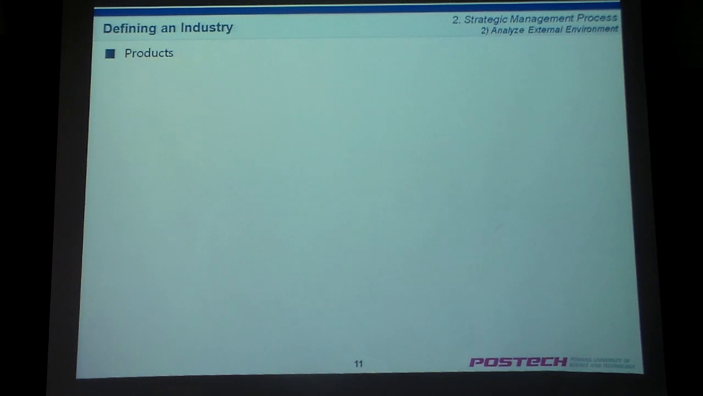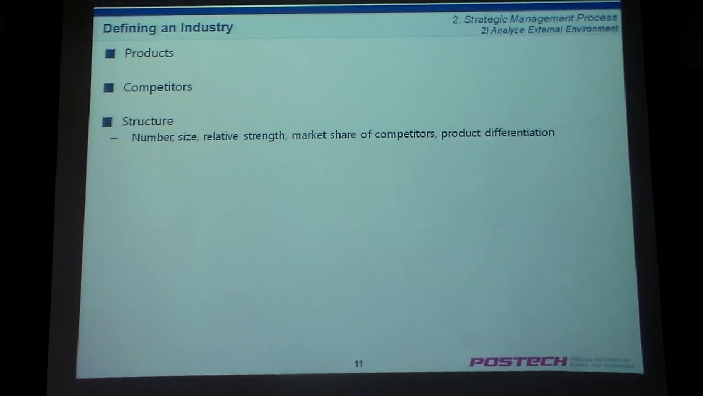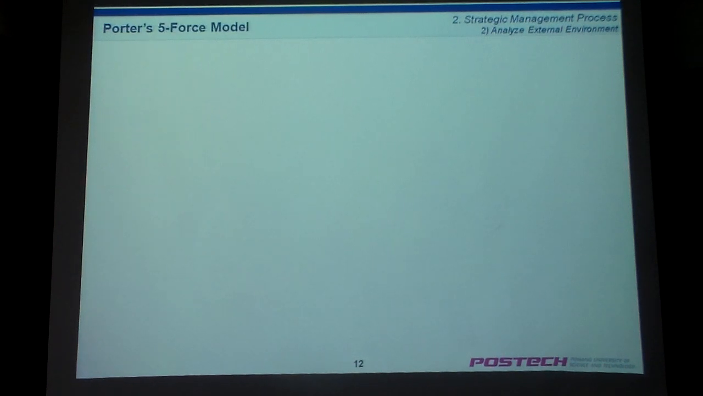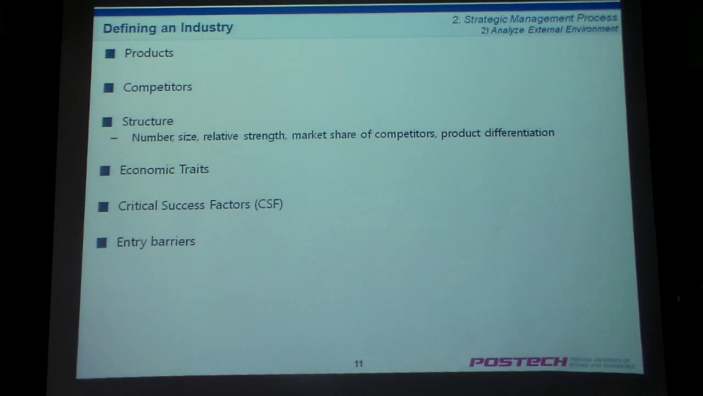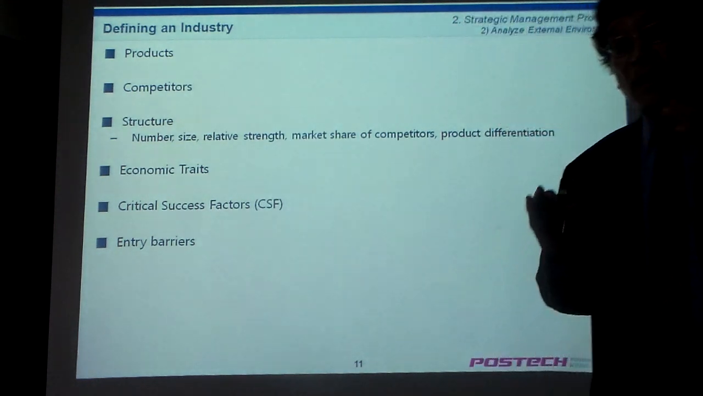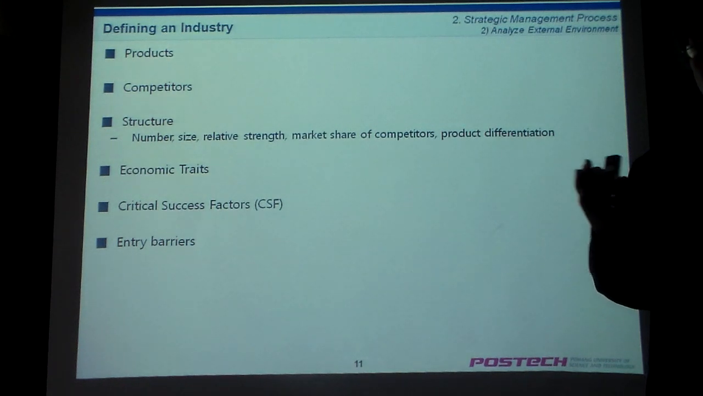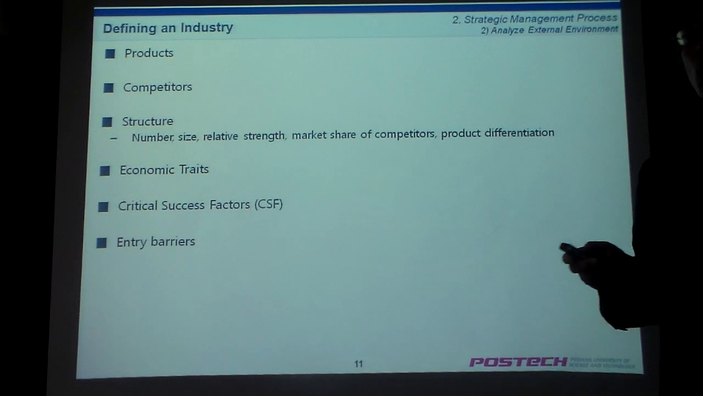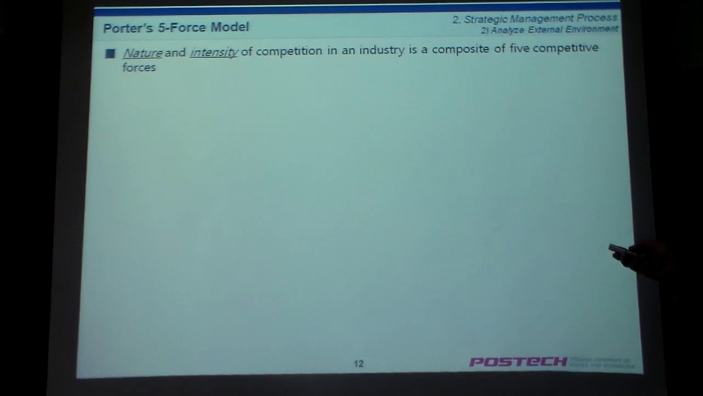Defining industry: you have to define products and competitors, and structure, number, size, relative strengths, and market share of competitors, and product differentiation, economic traits, CSF (critical success factors), and entry barriers. So in analyzing this industry, Michael Porter's 5 competitive forces model, which is very famous, is a very important tool. Michael Porter's 5 force model: the nature and intensity of competition in an industry is a composite of 5 competitive forces: